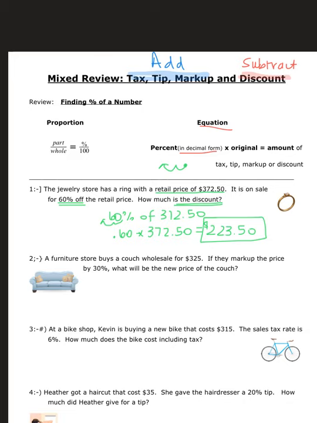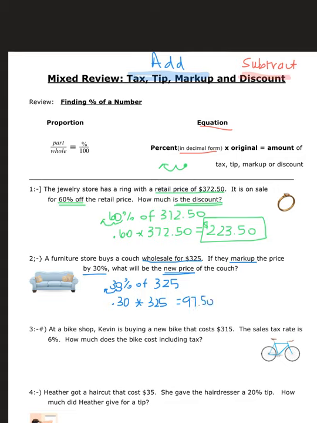Number 2: a furniture store buys a couch wholesale for $325. If they mark up the price by 30%, what will be the new price of the couch? So this one is wanting the new price. So it's not just the amount of markup. We have to then calculate further and find the price that they sell it for. Still, we're going to start with finding the percent of the $325. Moving our decimal, which is at the end, 2 places to the left. That would give us 0.30 times 325, and when we do that, we end up with